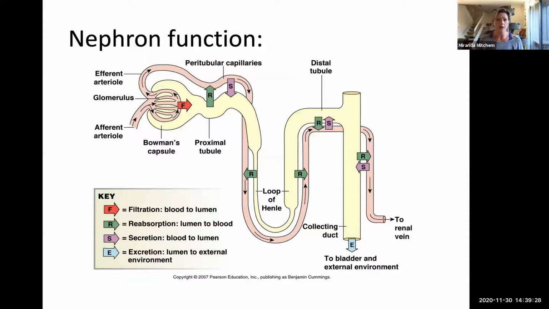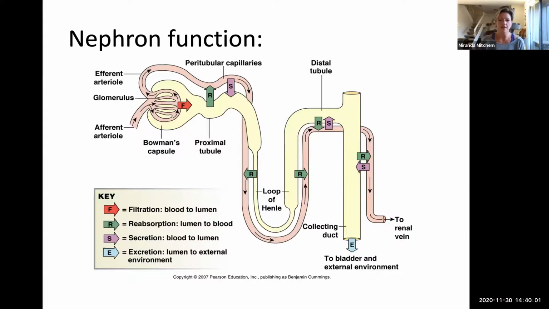For example, potassium is reabsorbed here along with our other ions. So as we move up the ascending loop of Henle, finally to the distal tubule, this is also an area where there's reabsorption and secretion. And then finally, the same is true in the collecting duct. And then everything else that's left in the filtrate that was not reabsorbed, that was secreted, goes